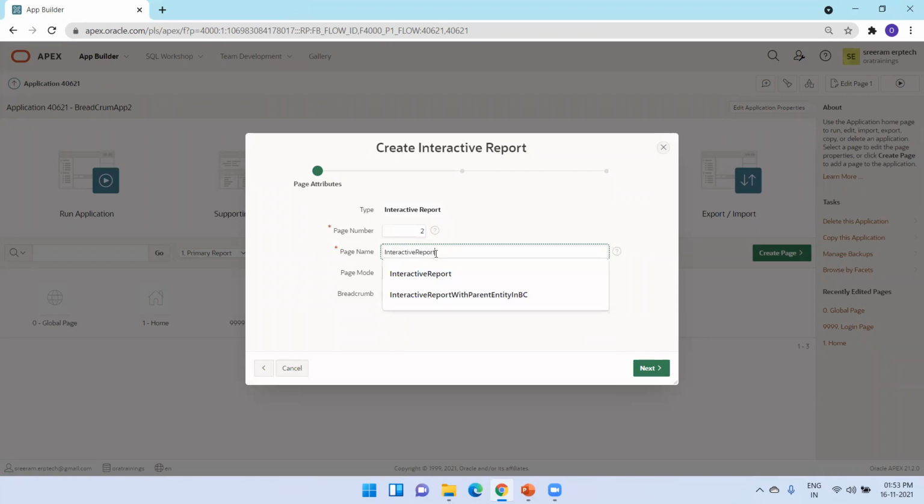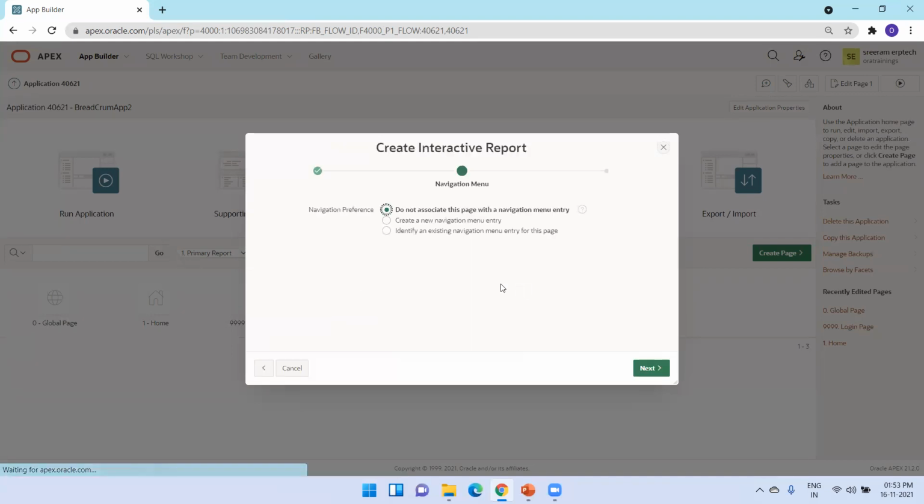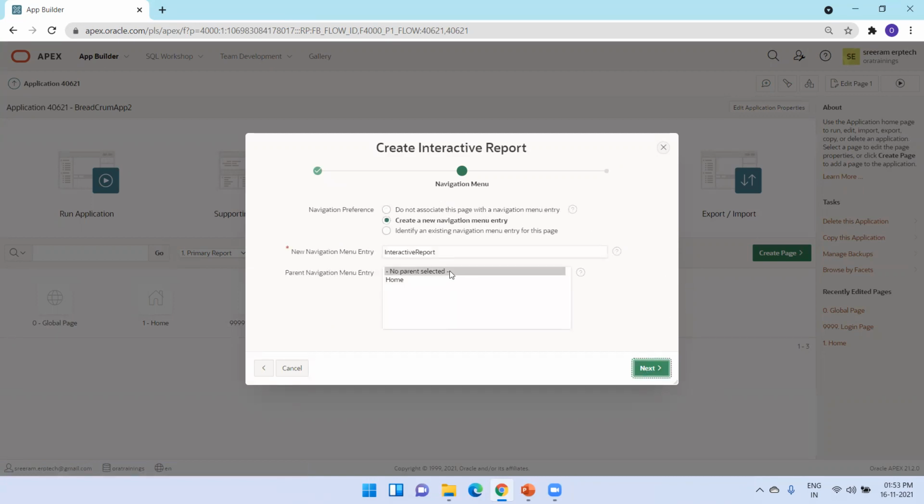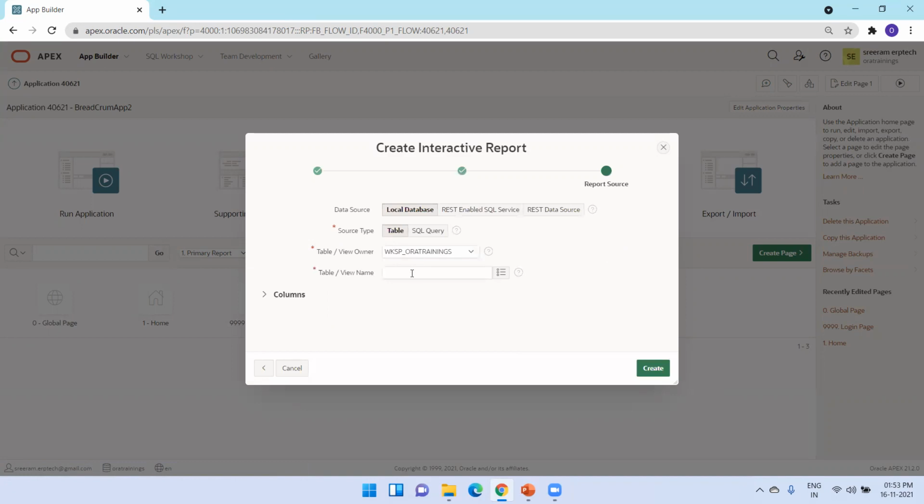Here in the breadcrumb, I'll select only breadcrumb. So I'm not selecting any parent entity, and I simply click on next. Navigation menu, all this stuff you can either select or not, it doesn't matter. As of now, I don't want to discuss that information. I'll simply select a table and click on create.